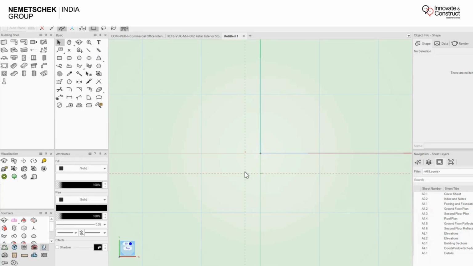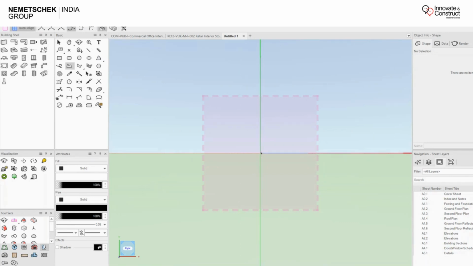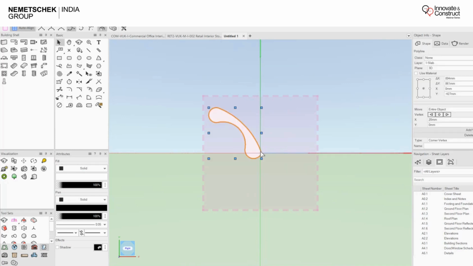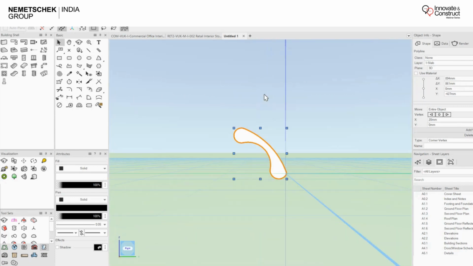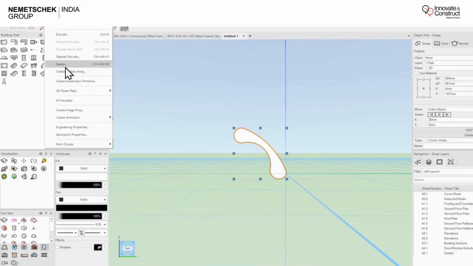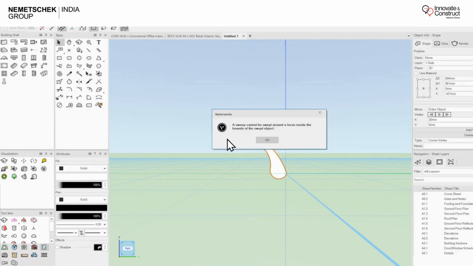So just to show you. If this is my elevation, I can always go back to this, and I can always go for the sweep, and